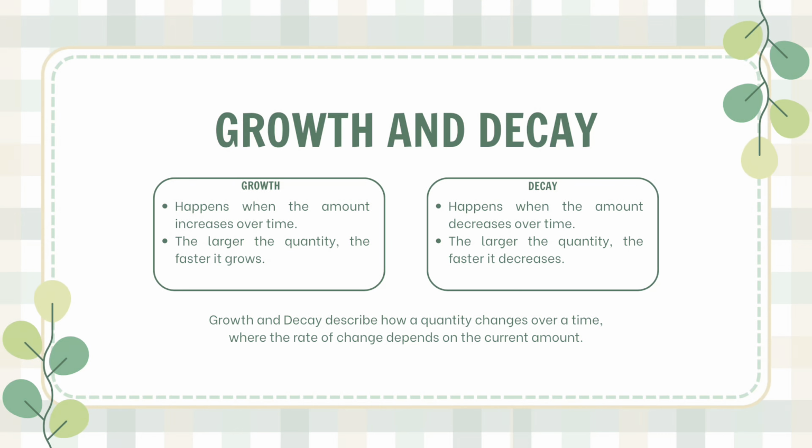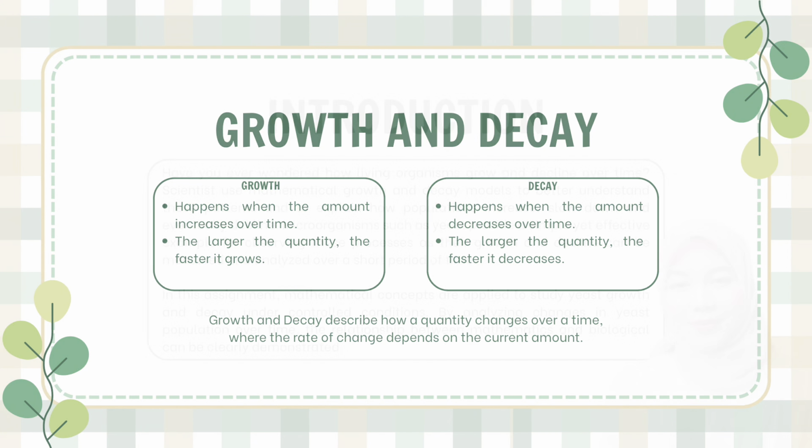Growth and decay. As for the growth, it happens when the amount increases over time. The larger the quantity, the faster it grows. And for the decay, it happens when the amount decreases over time. The larger the quantity, the faster it decreases. To sum up, growth and decay describe how a quantity changes over time, where the rate of change depends